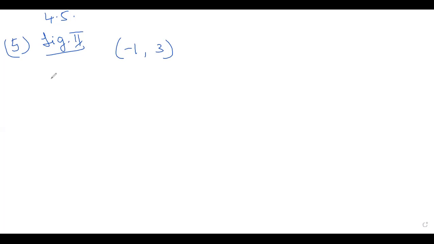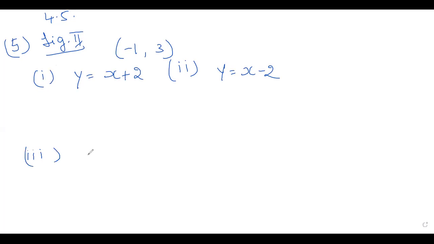For this second one, I showed the second figure, right? In that also they have given us 4 equations. Now I am going to write those equations. Y is equal to x plus 2. Y is equal to x minus 2. Third one, y is equal to minus x plus 2. X plus 2y is equal to 6. So in the second figure, I have selected -1 and 3. Okay, we have selected these points.